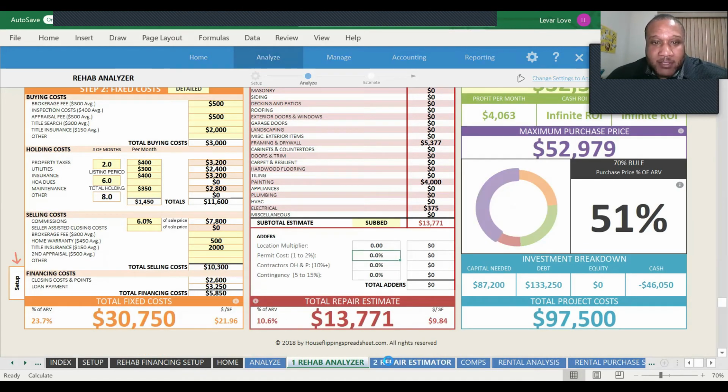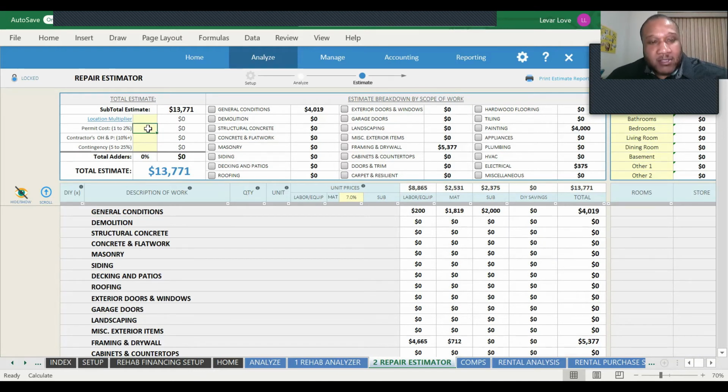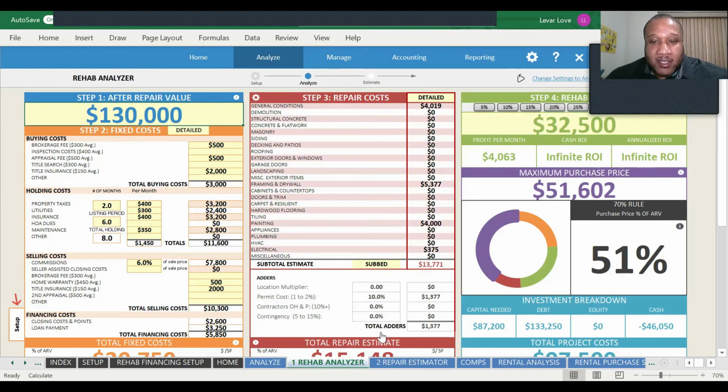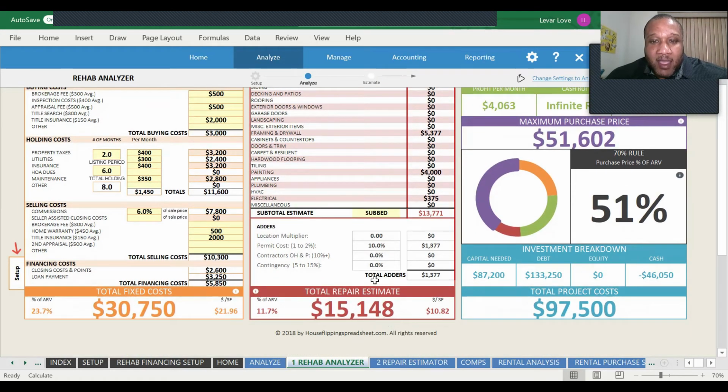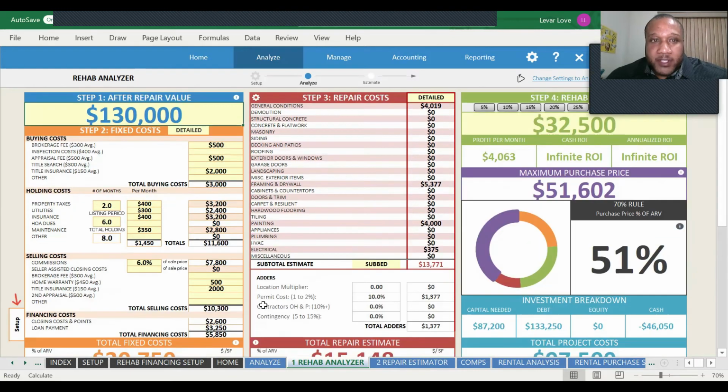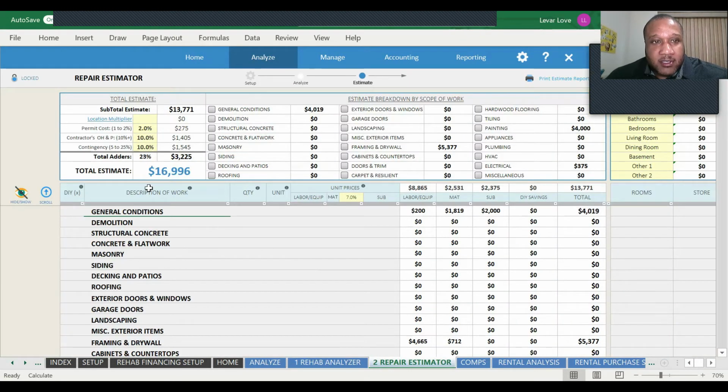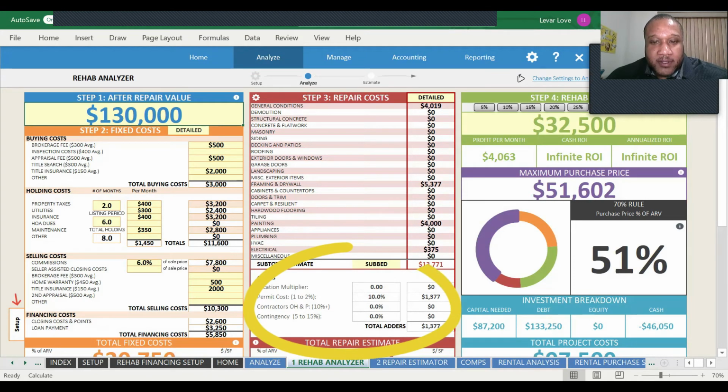Let's go back to repair estimate. We're going to say, you know what, our permit costs are going to be, let's just say 2% of our repair costs. We have contractor. We're saying that they're going to have some overhead. We're going to have to pay our contractor. And then just to be safe, we want a 10% contingency. Go back to the Rehab Analyzer. It updates. Now our total repair estimate costs are $15,148. It took the cost